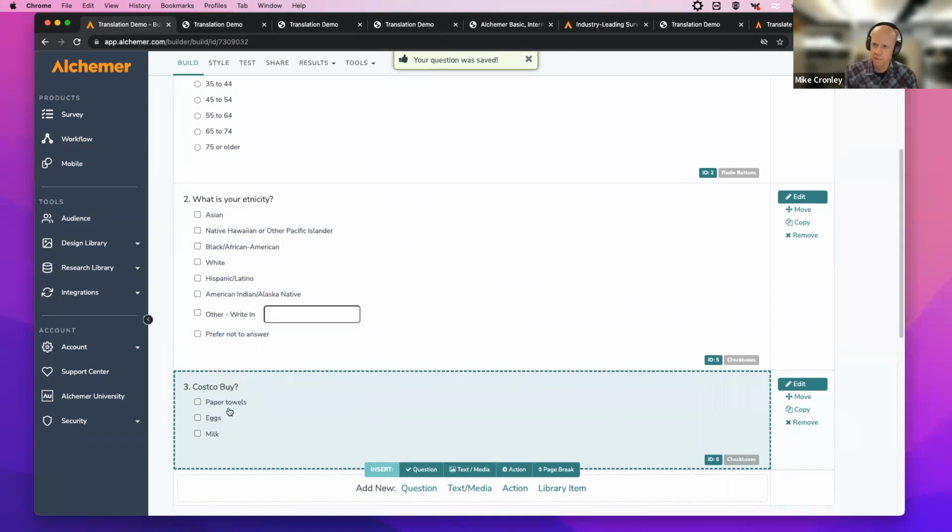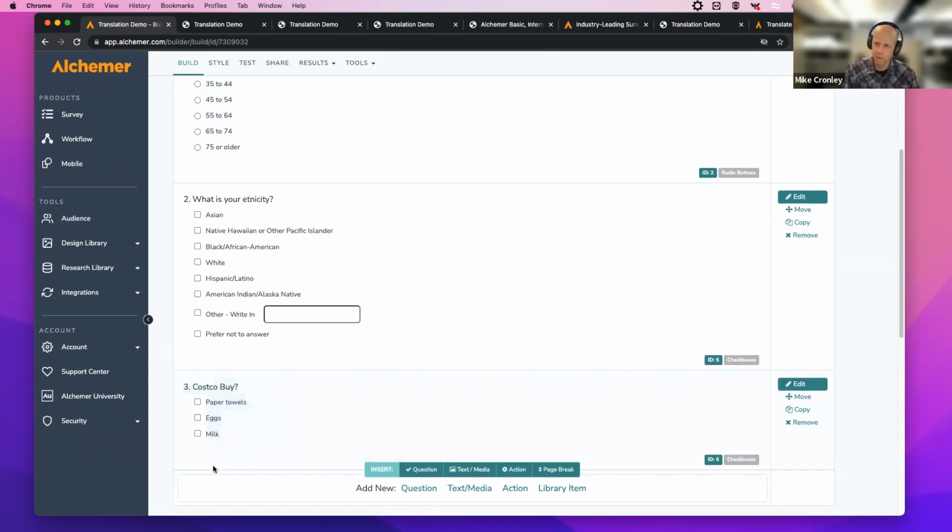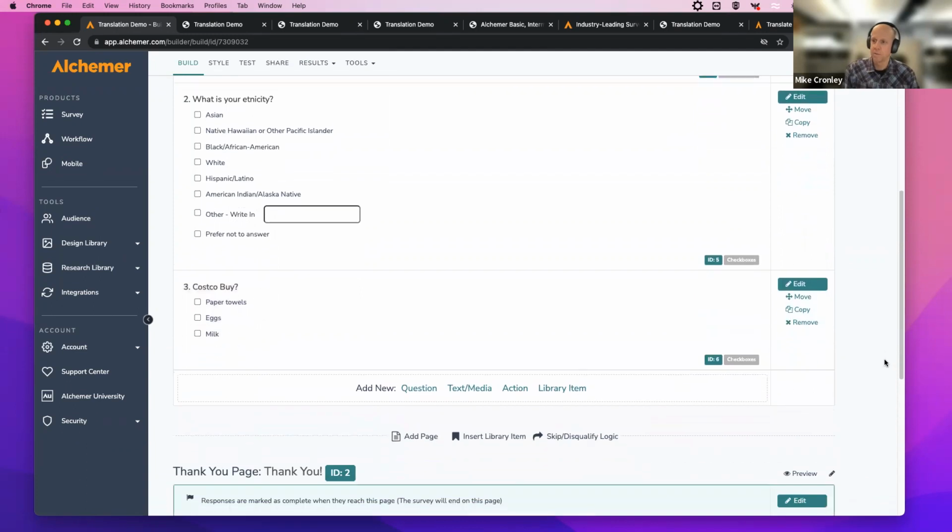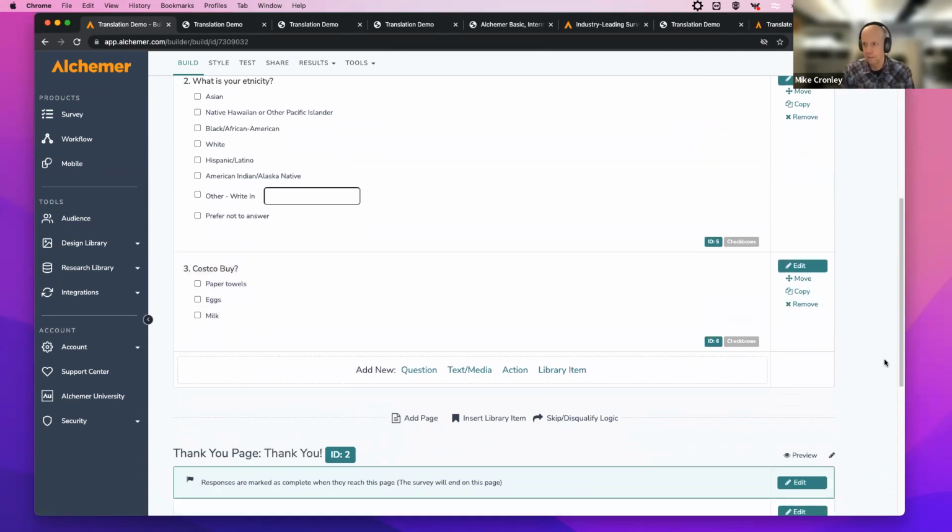I don't want paper towels to be shown every time to every respondent because we're human and we're kind of lazy. Oh yeah, paper towels, click. This becomes something that could skew the data. And maybe it isn't the most common thing. Maybe way at the bottom of this checkbox list, there could be 10. So I want to randomize the display of these options to make sure the data is clean and good.